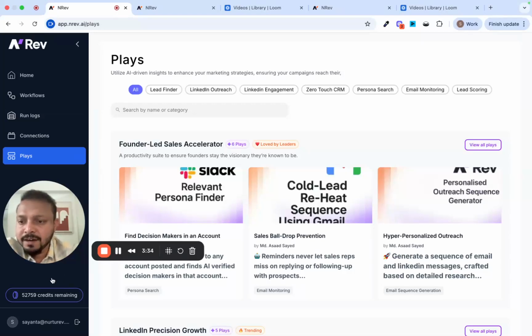And finally, the last part which I wanted to discuss here was the credits. So when you log in, you will find certain credits given to you to play around. And then as you top up, you have additional credits that always show up here, which shows the current count of credits that are remaining for you. Great. That's it. Thank you.